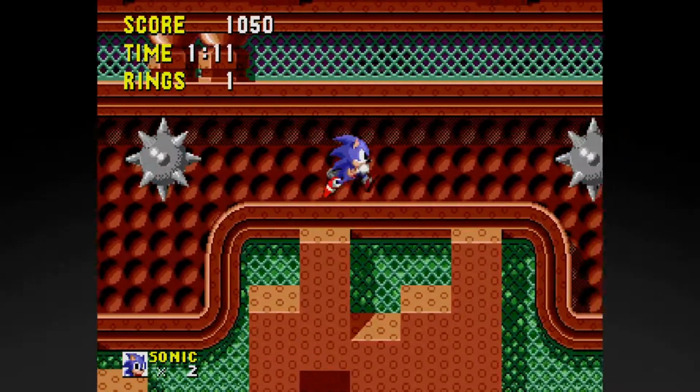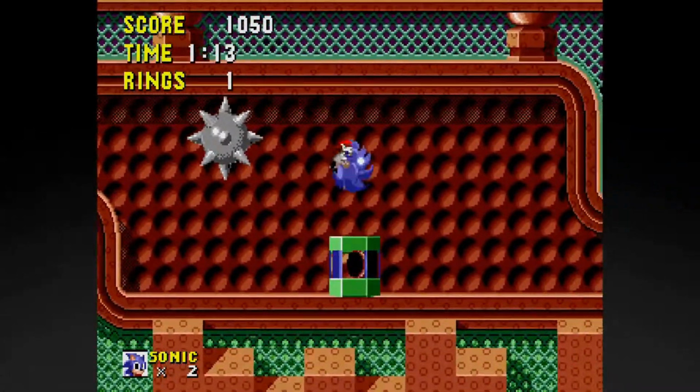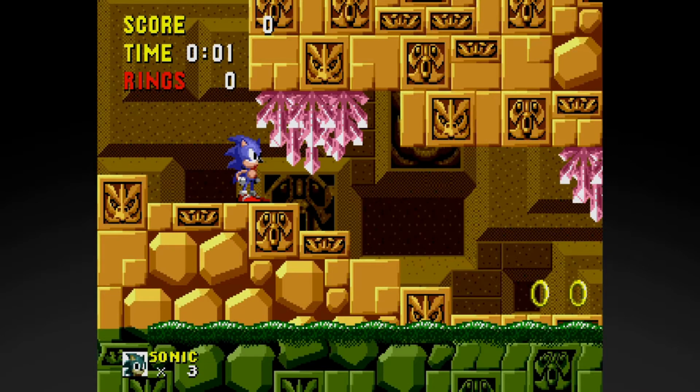Spring Yard Zone is a little better. This spring at the beginning is annoying and... Are you kidding me? It's so slow. I hate it. The next stage is...